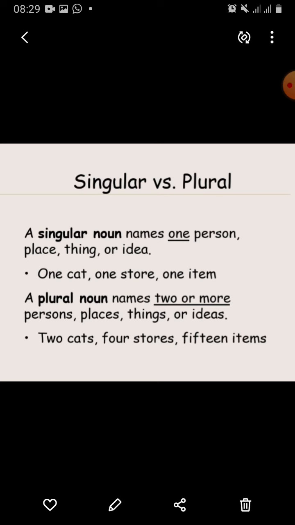Clear? A plural noun names two or more persons, places, things or ideas. For example, 2 cats, 4 stores, 15 items.